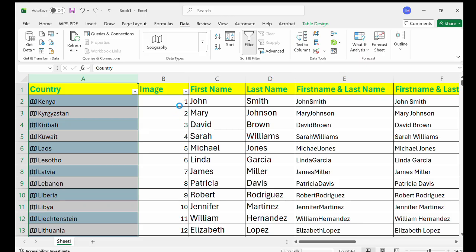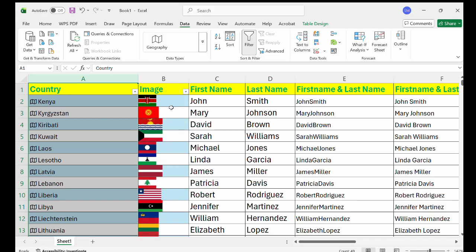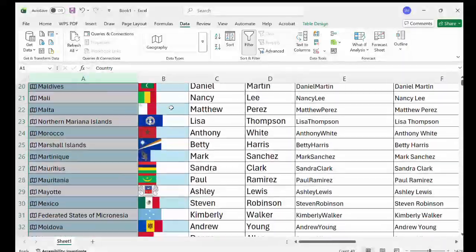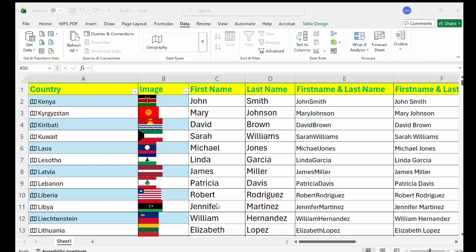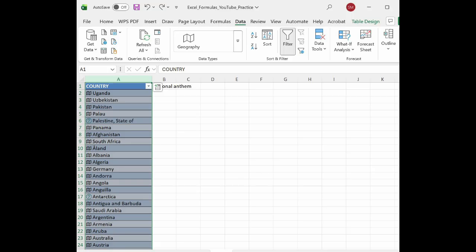Let me show you. You can see images of all countries. You can click and add everything that you want. I mean mortality, infantry, and national anthem. Let me add national anthem. A national anthem, you may see